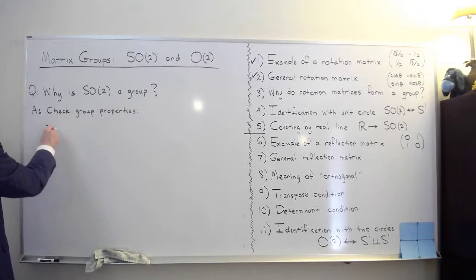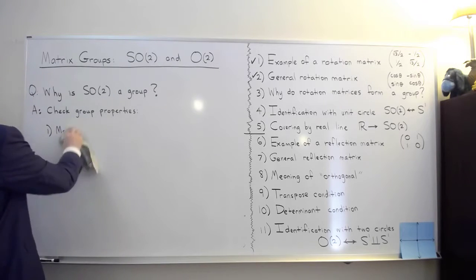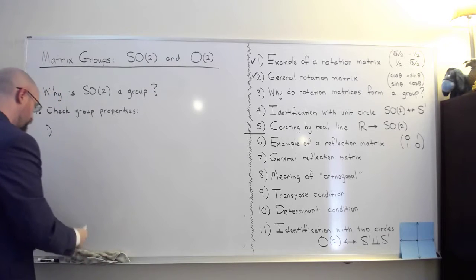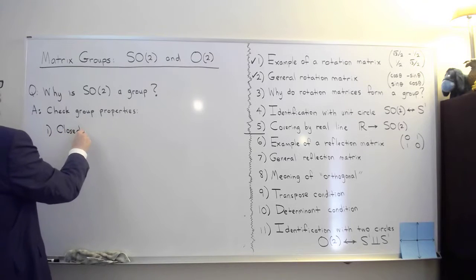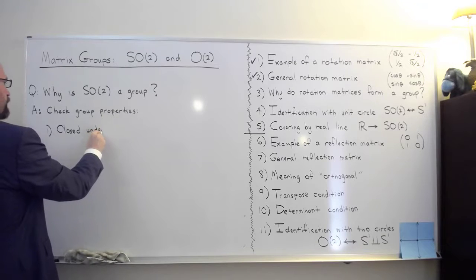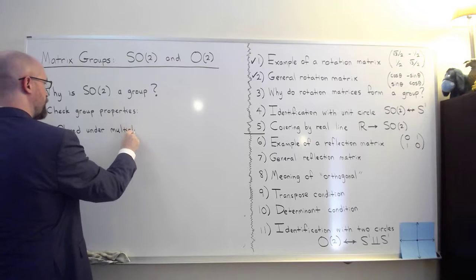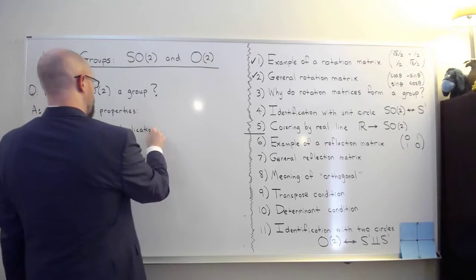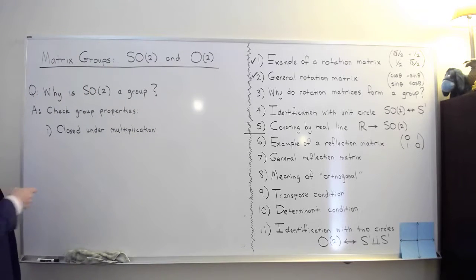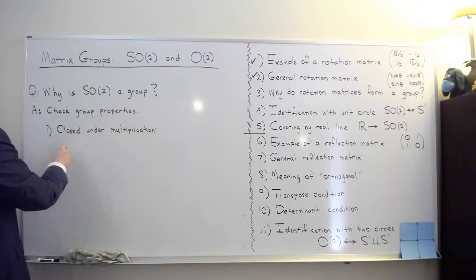So the first thing to check is that matrix, let me put it this way. I'll use this closed idea. I mean, you have to know what it means anyway, and it's a short way of saying it. So let's see what it means for this to be closed under multiplication. And this is a little bit of a nuisance to show this. So what this would mean is that if I have